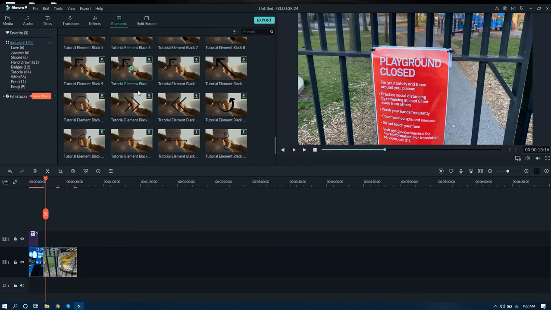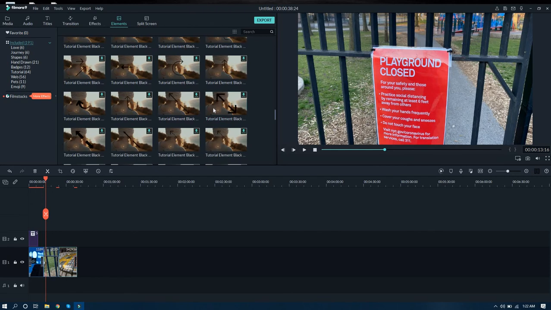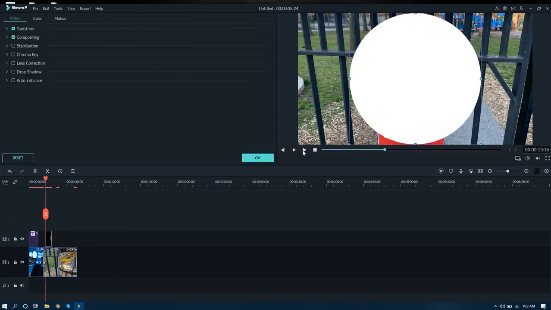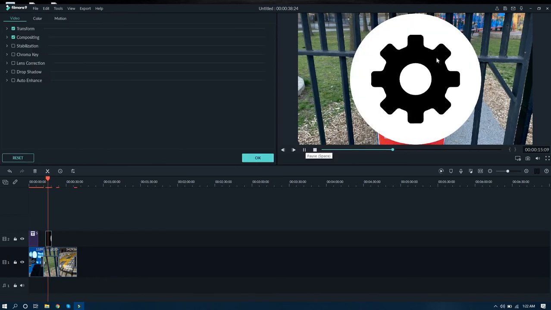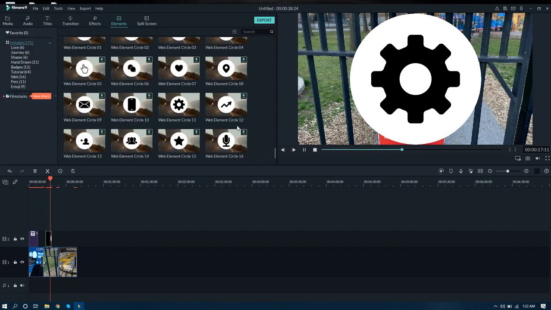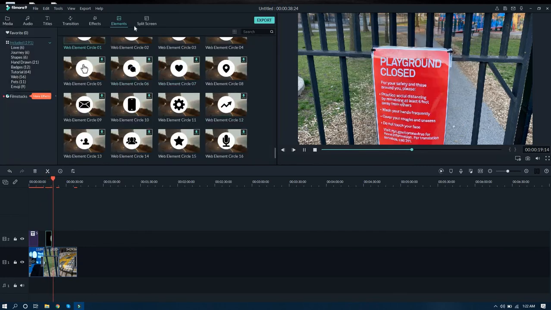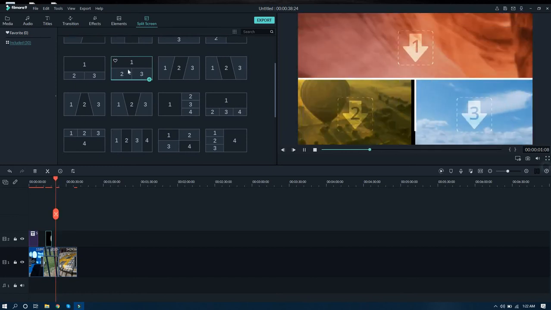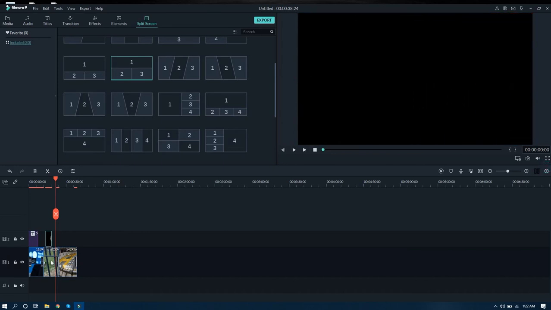And here also there are many elements you can add. If you want to add anything, you can go ahead and add it here. Let me go ahead and play this for you. Okay, there are different templates here. You can add the elements also. Here is the split screen. As I have said, here is how the split screen works.